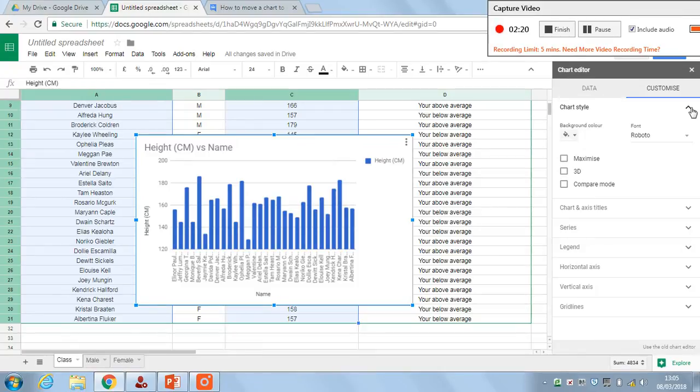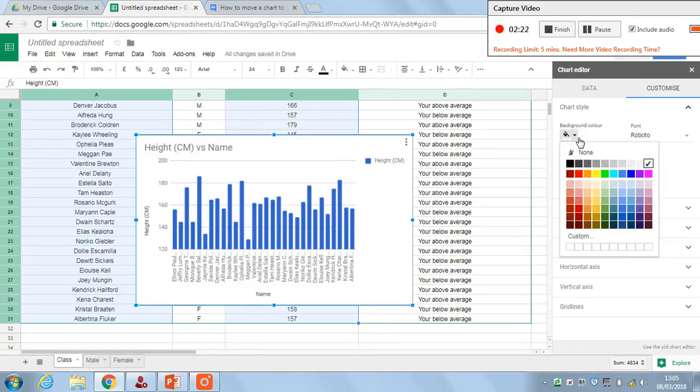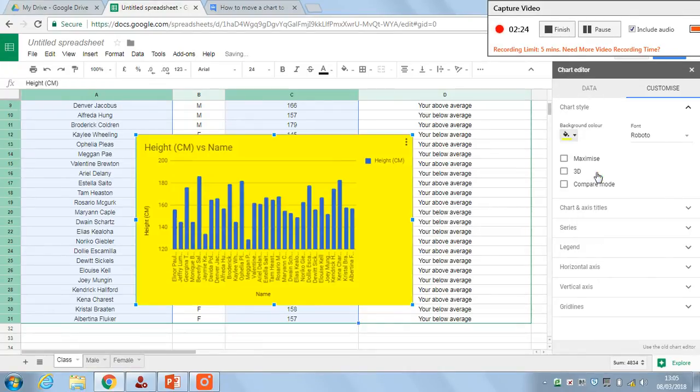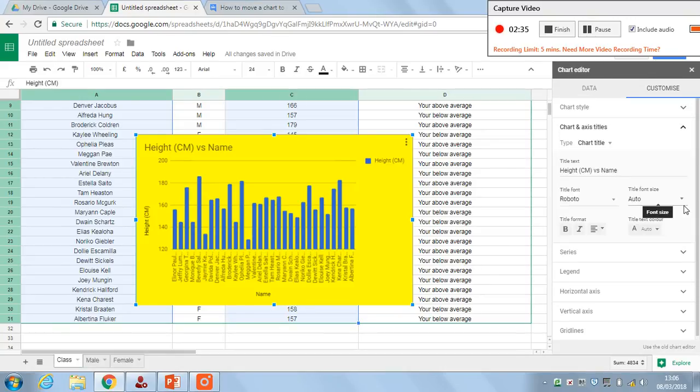Again, chart style. If you wish, you can change the background color of the chart. You can change the font style. I'm not sure what Maximize 3D and Compare do. I'm going to leave them alone. Chart title and axis. Okay, so height cm versus name. You can change that. I can change that to